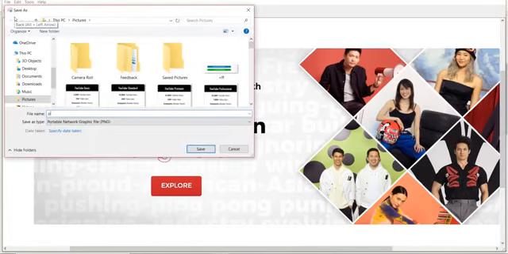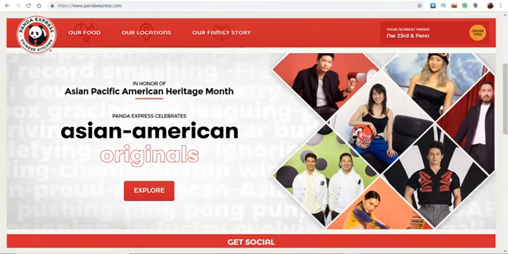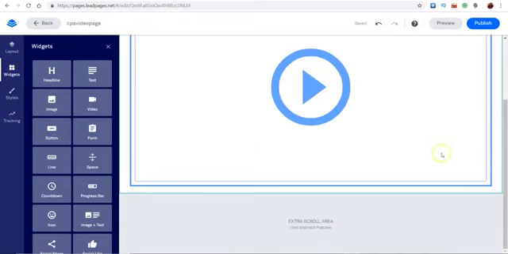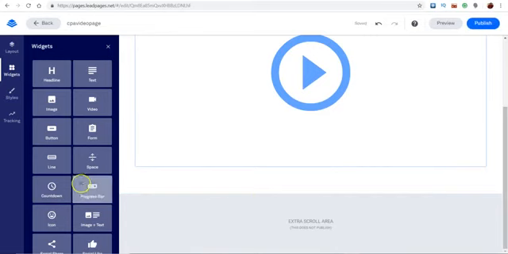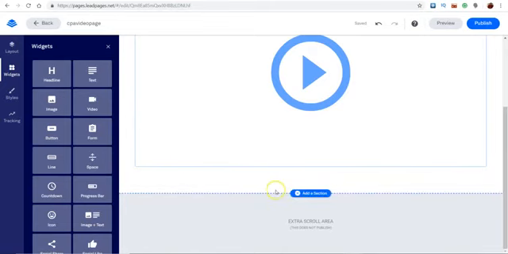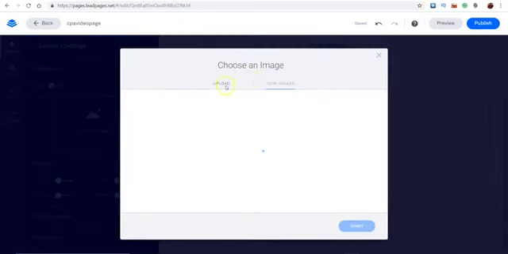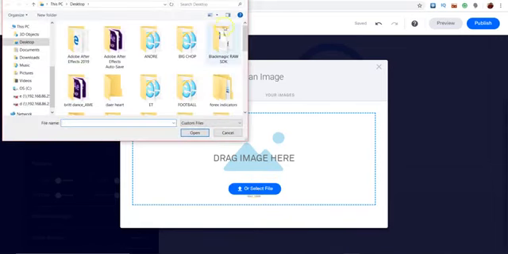under picture. Yeah, save it under picture, and then you want to come and go here to add a new section. Now you can do this two ways. You can drag this under as an image, which I don't recommend because it won't stretch to the entire length. So what I would do is click in this section, add an image right here, go to upload, go here, and then click on